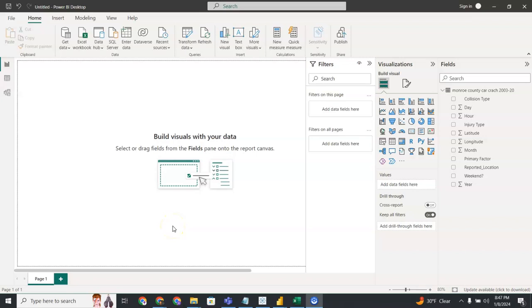Hello everyone. In this video, I'm going to be showing you how to create some visuals on Power BI. On this one, I chose this data set. This is about car crashes in a certain county in the United States, and the duration is from 2003 to 2017. Here, as you can see, the collision type, when it happened, whether it's on the weekend or not, the location, the primary factor, the injury type. So we're pretty much going to be using the injury type and the primary factor, and let's see what we